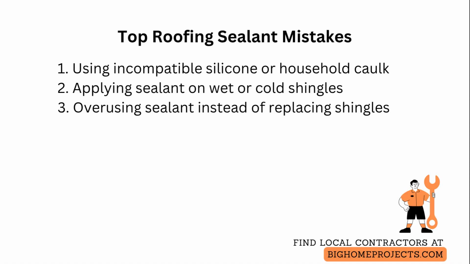If silicone has been used, remove it and replace with a compatible asphalt roof cement or polyurethane designed for roofing. Wait for dry, warm conditions and follow the product cure window to ensure a reliable bond and avoid temporary fixes. For large areas of aged or heavily granulated shingles, replace the affected shingles rather than relying on sealant to extend